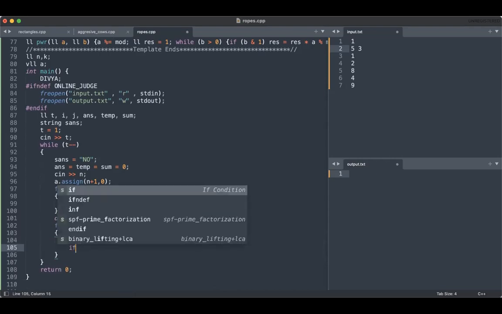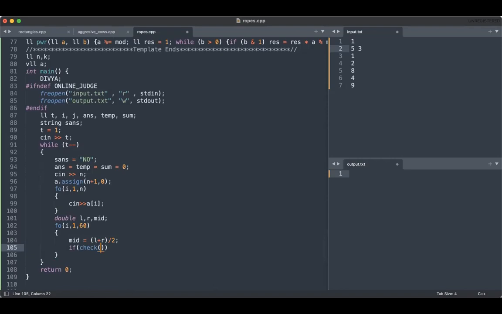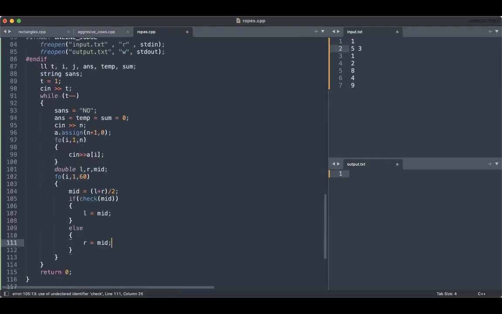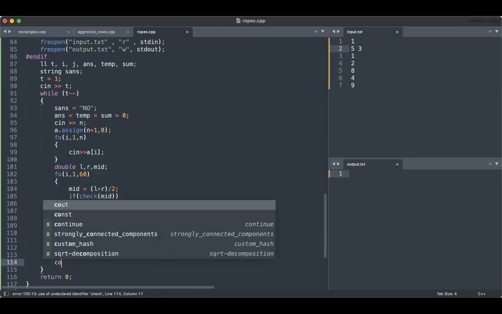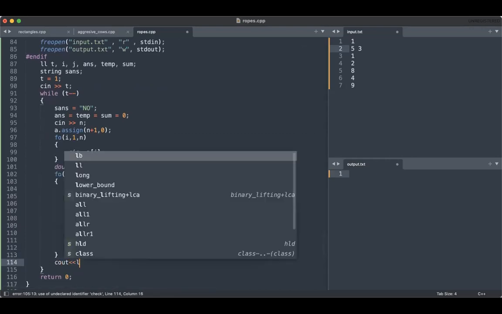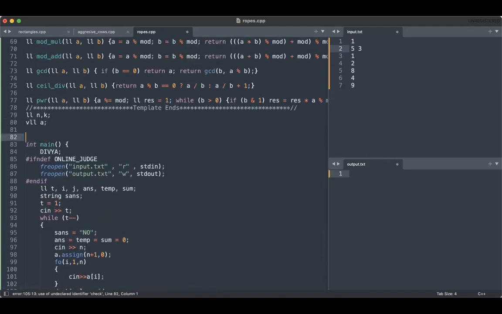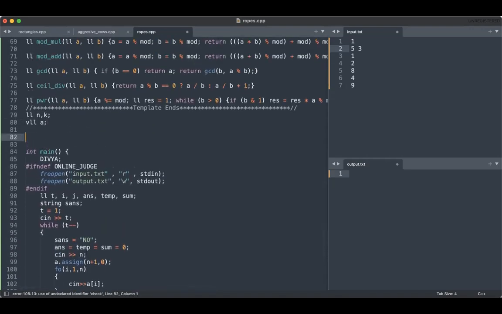And we will create a checker function. Again, here I'm maintaining the invariant that L is always true and R is always false. So if check of mid is true, then I will do L is equal to mid. Otherwise, I will do R is equal to mid. And finally, I'm going to return just L, because I have to find the index of the last true value.